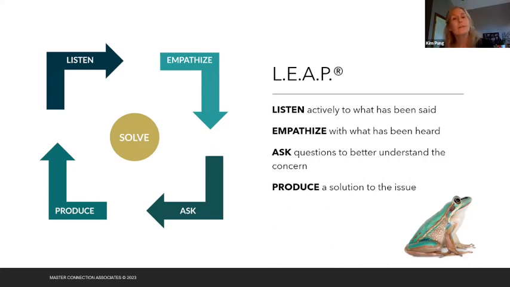Our goal is to make every client feel like this is the first time we've ever had this conversation, and I'm really in tune to you. You're important to me, and I have some really creative ideas for you to fix this, but I want to wait to hear what you have to say first to make sure that we do that. And that's what we're going to do.